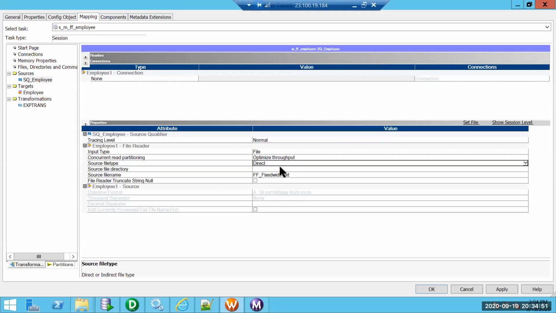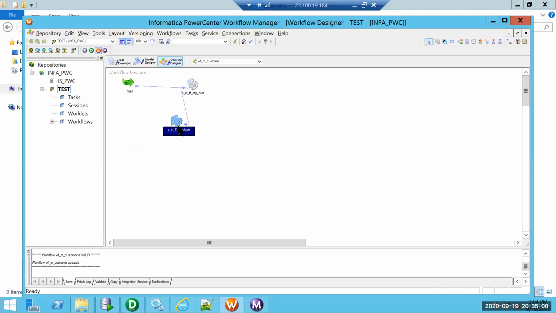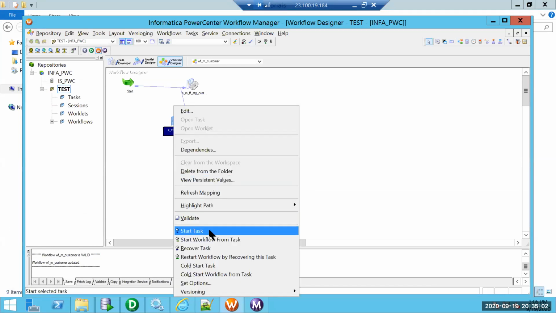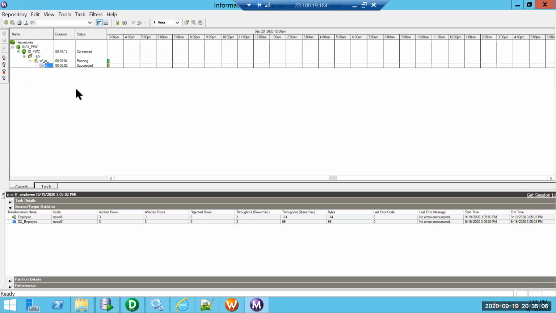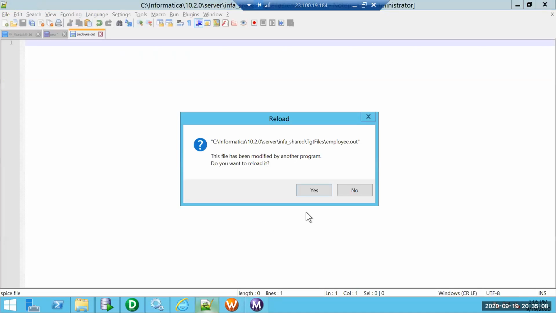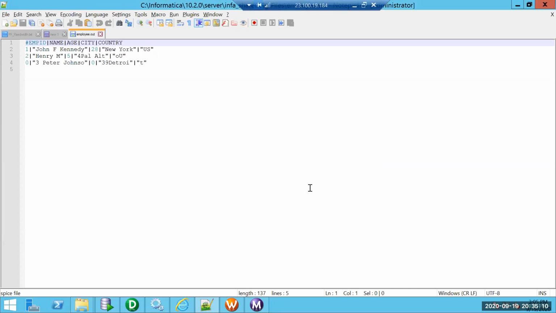Whenever the source or target changes, we delete and add. We need to do the corresponding configurations again back in session. Okay, it says succeeded now. Let me see. Okay, still it is slipping. Okay, I'll do one more thing.